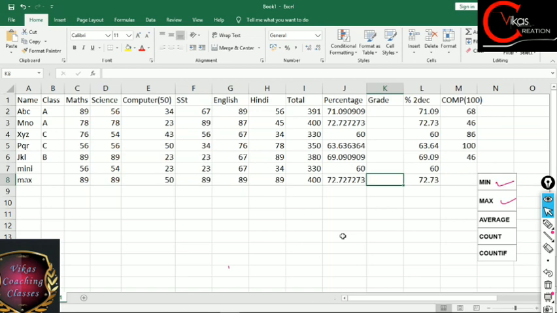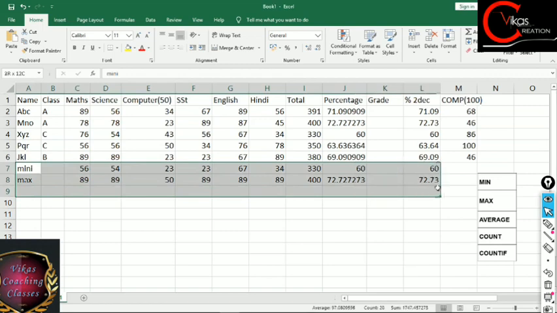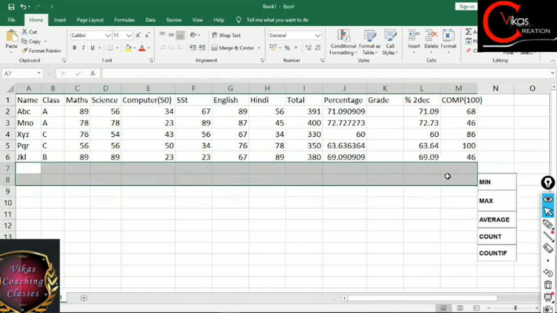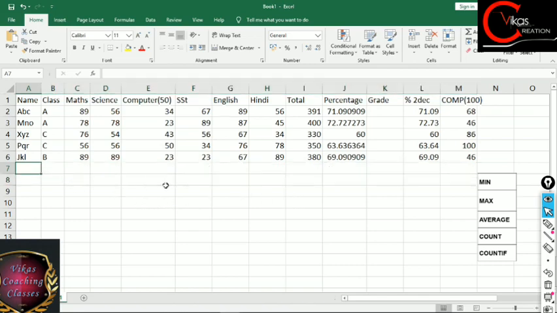After this, next suppose you have to count the number of values, like how many values are written in your particular sheet or somewhere. Let me erase this portion first, because that is something unnecessary that we don't want to see in this worksheet. Like suppose I want to count the number of students who are there. As of now, as you can see, this list is very small, so it will be very simple for anyone to count the number of values.